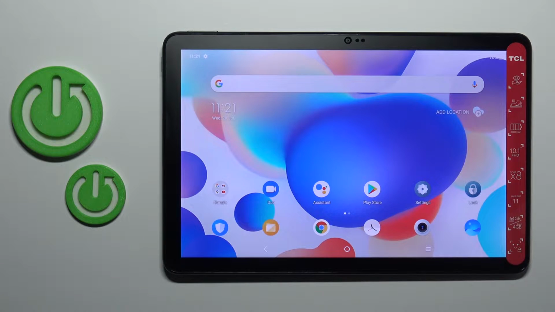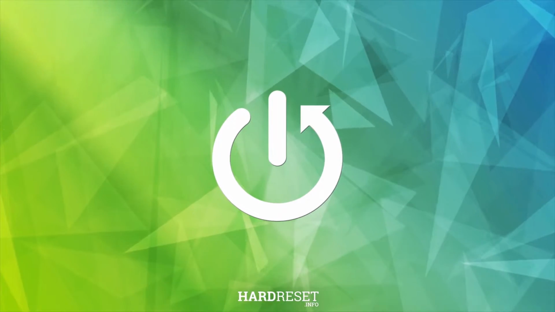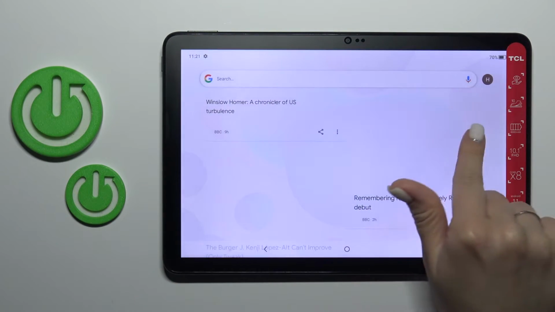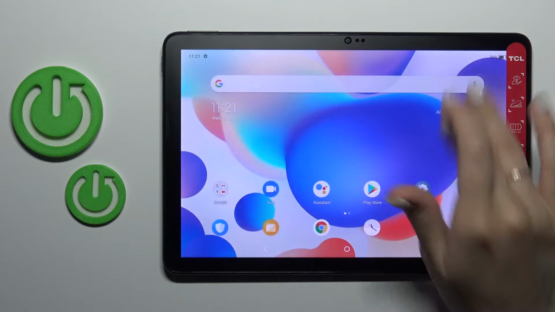Welcome, today in front of me is the TCL NxtPaper 10s, and I'll show you how to enable or disable Google Feeds on this device. So now when we swipe with the finger to the right side, we can see that the Google Discover is